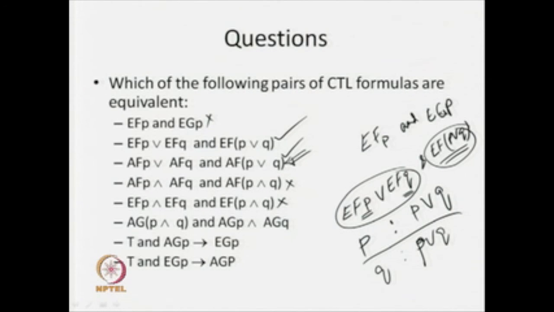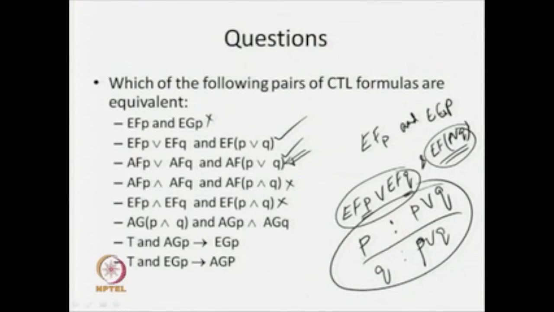Okay. Now, the next formula you see: A g (p and q) and A g p and A g q. Now, you try it yourself and see whether these two are equivalent or not. In a similar way, if you are going to say that these are equivalent, then logically you have to establish it. You can use any properties, the way I have used the property over here, that if p is true, then p or q must be true. If q is true, then p or q must be true. Like that, you look for some of those particular properties and try to establish if they are equivalent.